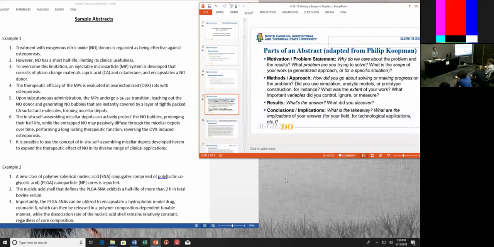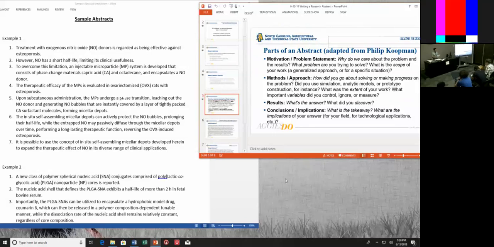So of course, you have to remember the trick of many of these science abstracts is that they're written in the active voice, kind of like in the present tense. So you notice it said, like in sentence 3, "to overcome this limitation, a system is developed." So it's kind of a weird phrasing because it's both present tense, but it's also already happened. They've already done this experiment, they've already developed it, but it's often standard, and it depends on the journal, it depends on the context, but often it's in present tense even so. So it's sort of like it's happening, but also has happened.